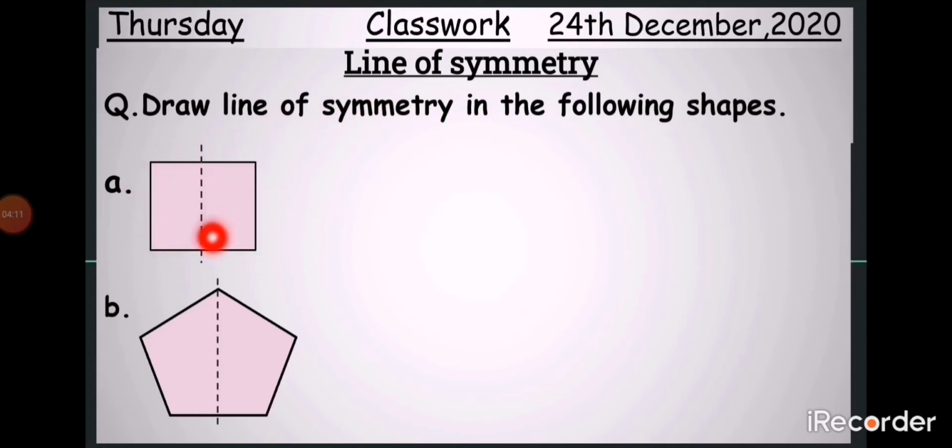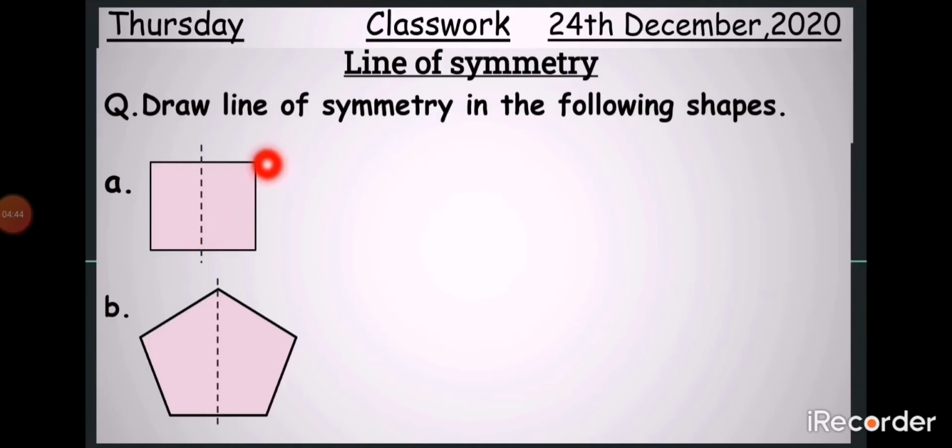Look at this shape. It has 4 sides and 4 corners. 1, 2, 3, 4. All sides are same. So which shape is this? Yes, it's a square. So if we fold this shape from right to left or left to right, we will get this line, or we can get the folding point. We will draw a line here. So this means it is the central line. This line cuts the shape into 2 equal parts. So this is the line of symmetry.